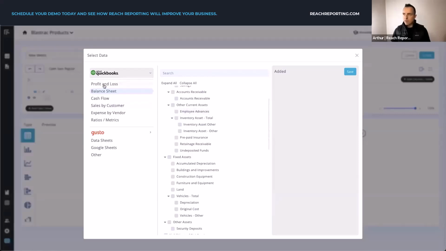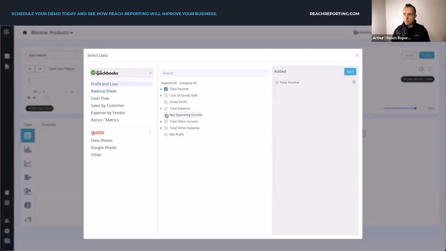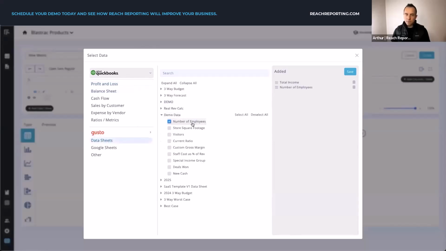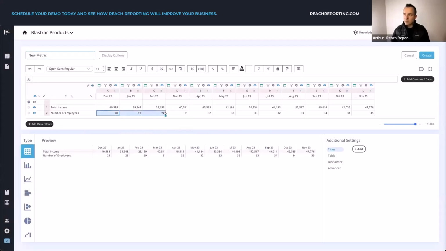As an example here, I'm just going to go in here and add total income. And those data sheets I was mentioning previously, I would have previously gone in there and had my number of employees added. And so when I click save, you can see a historic view of all my employees over the last 12 months. And I can see all of my values of income over the last 12 months. So if I wanted to do income per employee,